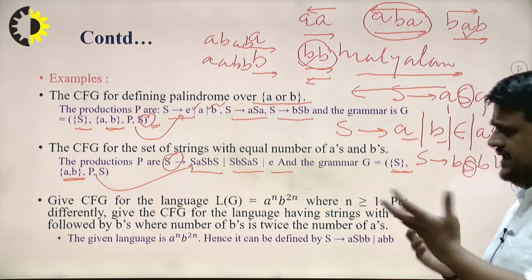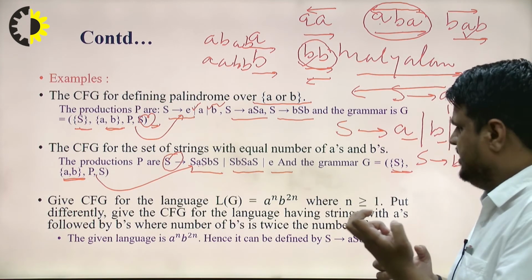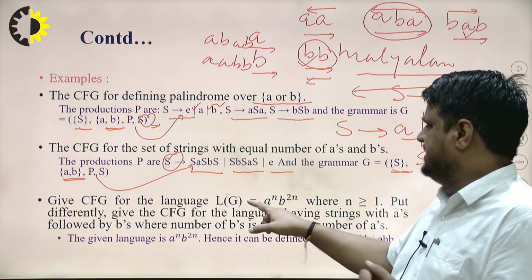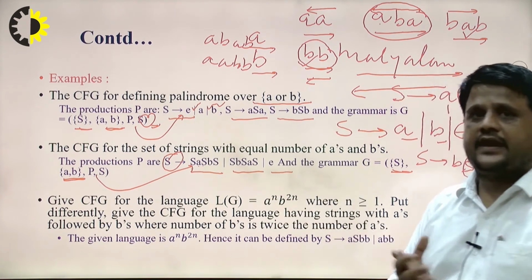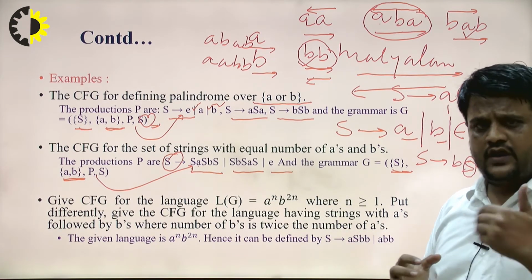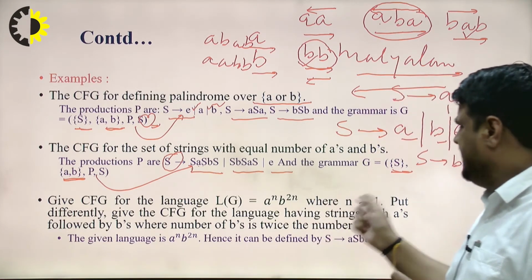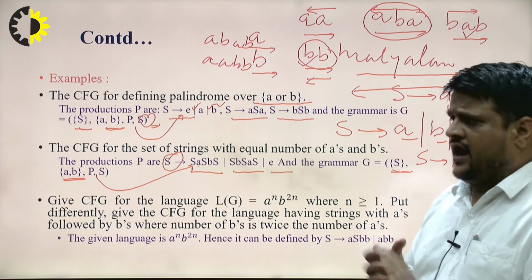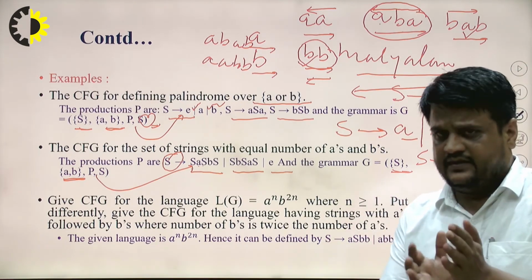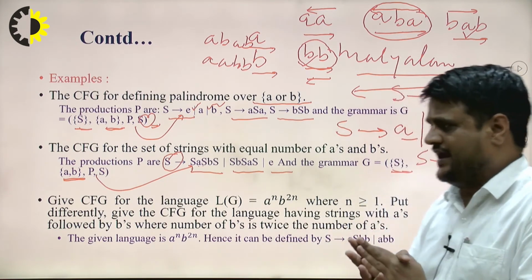Similarly, the third question is that if you want to generate a context free language, L(G) is equal to A to the power n, B to the power 2n, right? So how can you write down the context free grammar for that? The meaning is that every A is matched by exactly twice as many B's. How many A will be there? There are exactly twice as many B inside the particular language.